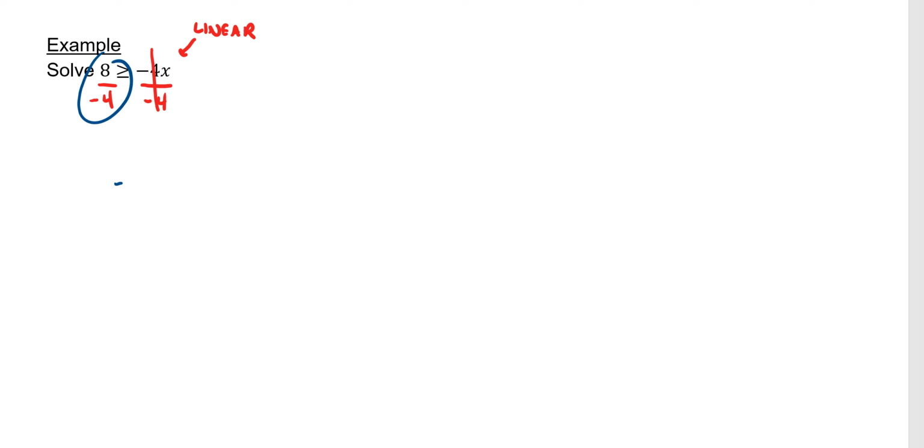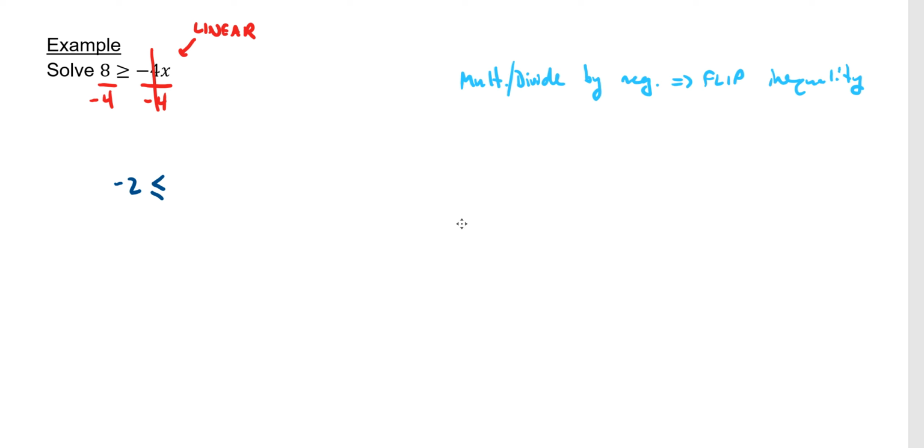So 8 over negative 4 is negative 2. But since we multiplied or divided by a negative, the inequality flips. And we have to do that every single time. So flip the inequality because we multiplied or divided both sides by a negative. And we're pretty much done. We just have x left over on the right. So we just have to write this in